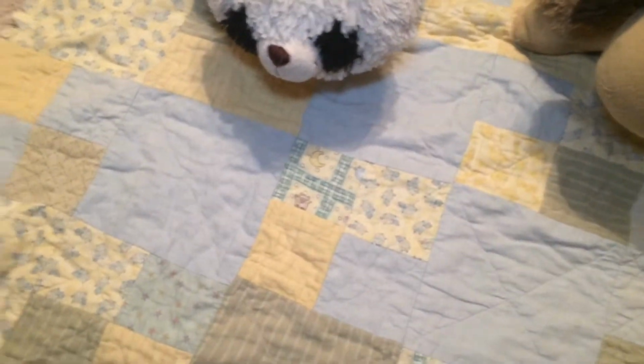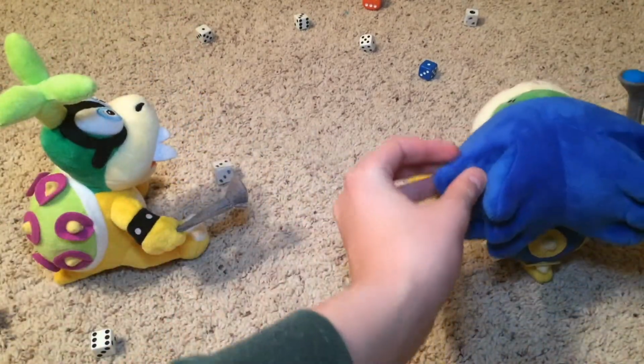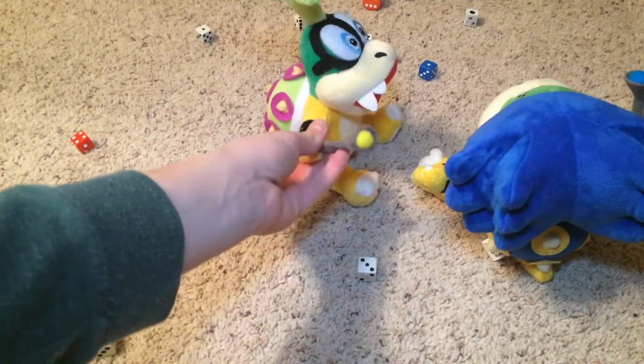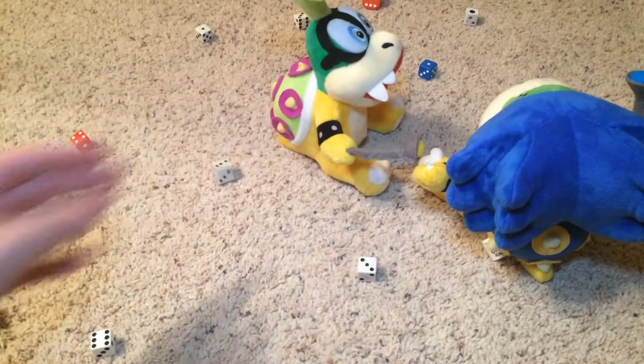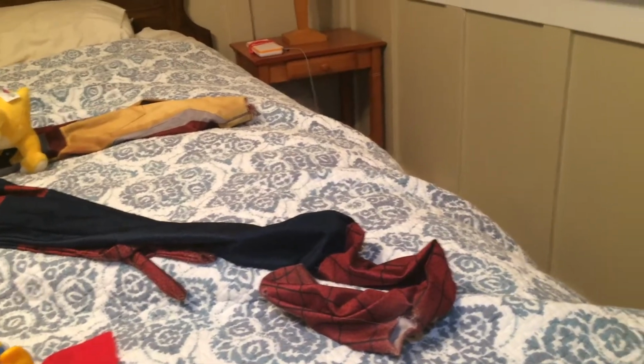You'll start by weaving your way through a bunch of random dice blocks on the floor. If you touch a single one, you'll have to start over from the quilt. After you make it past, you'll have to climb up this chair, jump onto this random desk, and then leap your way over to the